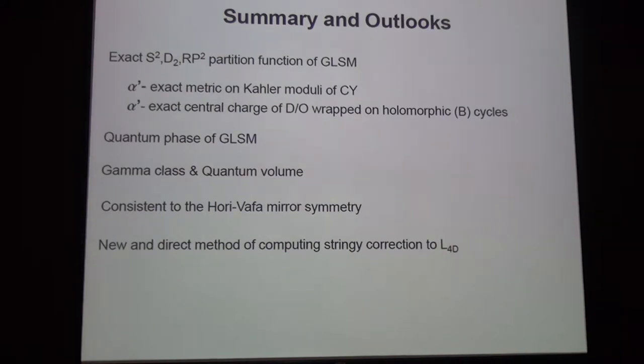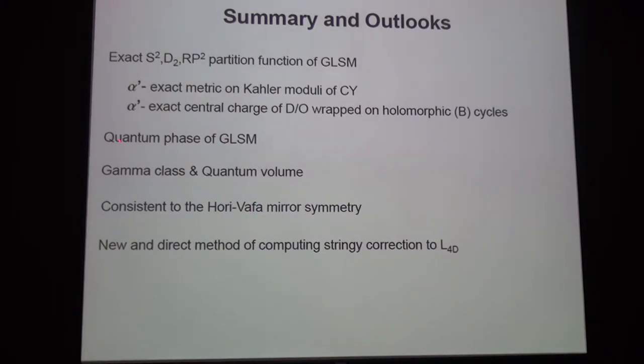Okay, let me summarize and give you some outlook. So today we computed the two-sphere partition function, the hemisphere partition function, and the real projective partition function in supersymmetric theories in 2 dimensions, especially gauge theories. And from this result, we can compute the exact metric on the Kähler moduli space of the Calabi-Yau manifold. In other words, we can compute the exact Zamolodchikov metric, including all kinds of worldsheet instanton corrections. We can also compute the central charge of D-branes and the wave-equal plane wrapping on some homological cycles in this Calabi-Yau manifold. And using this new exact result, we revisited the spherical